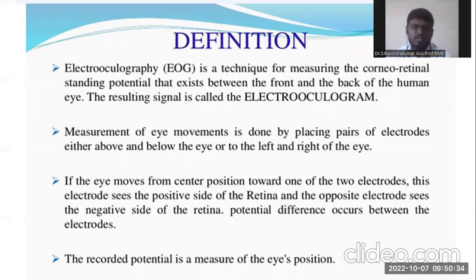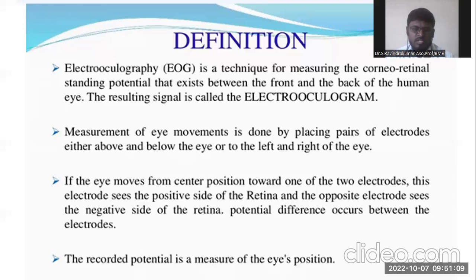The measurement technique is called electrooculography, and the signal which is measured is called the electrooculogram. It normally measures the eye movements. Here we place the electrodes either above or below the eye, or on the left or the right of the eye. Whenever there is a movement of the eye from the center position towards the two electrodes placed at the side or up and down of the eye,